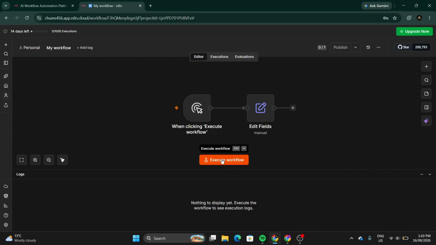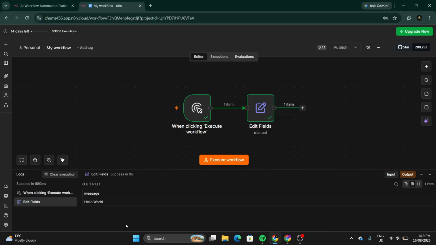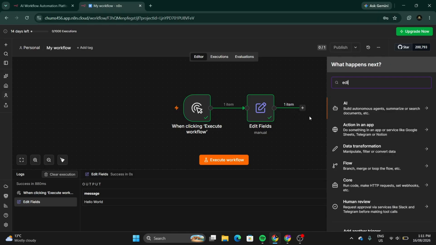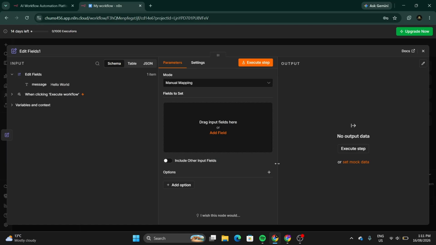So we can just execute the workflow. As you can see in the bottom display, you can see the hello world typed out. Okay, that's a basic step. You can try that out too. After that, we're gonna add another edit field. Now we're gonna use variables. Now in this second edit field,